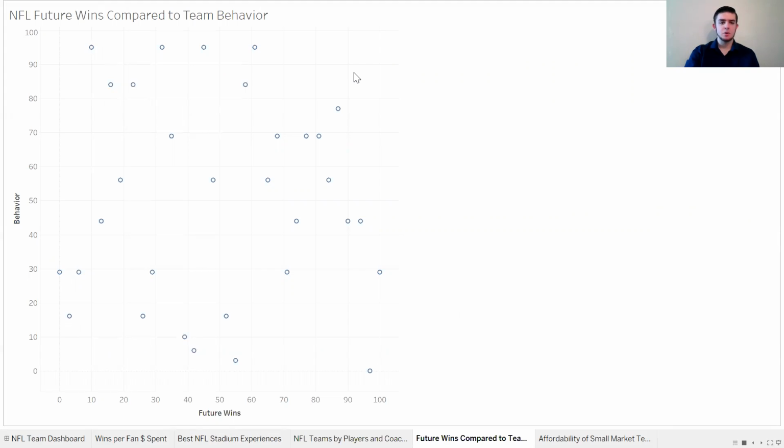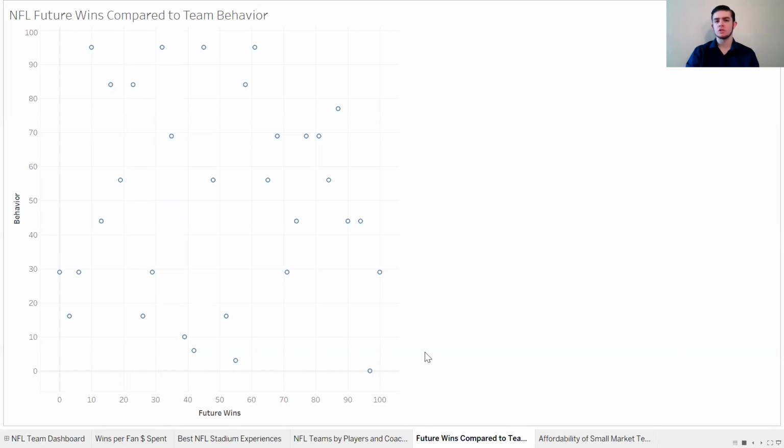And at the same time, you can have teams that are really high in future wins and have pretty good behavior. And just the same, you can have teams with really low behavior and really high future wins. So again, there really isn't any correlation here, which to me was very interesting. And it does just go to show that